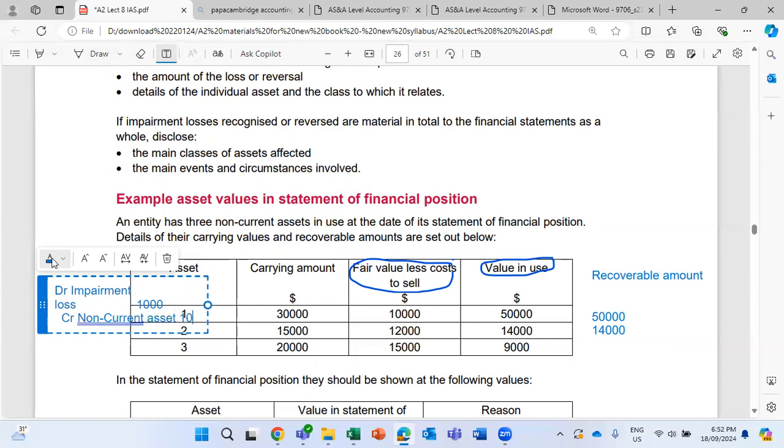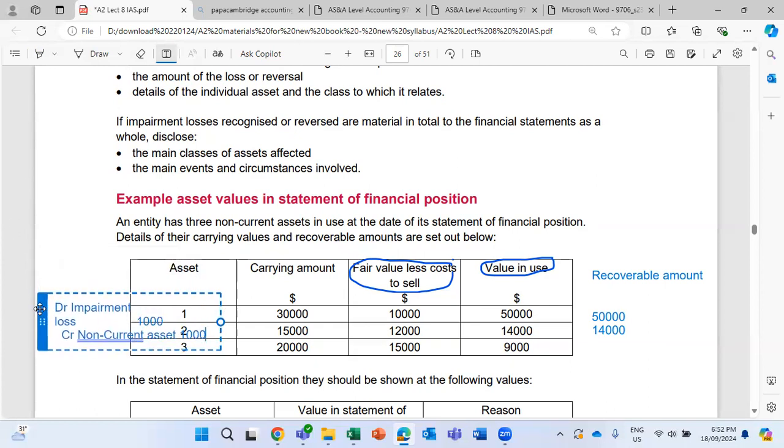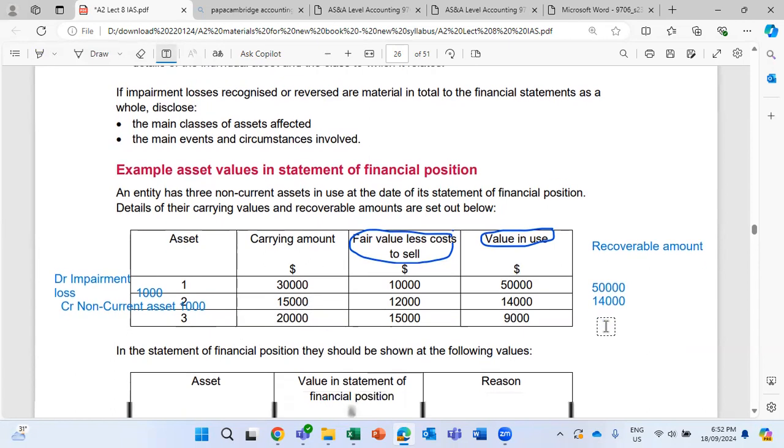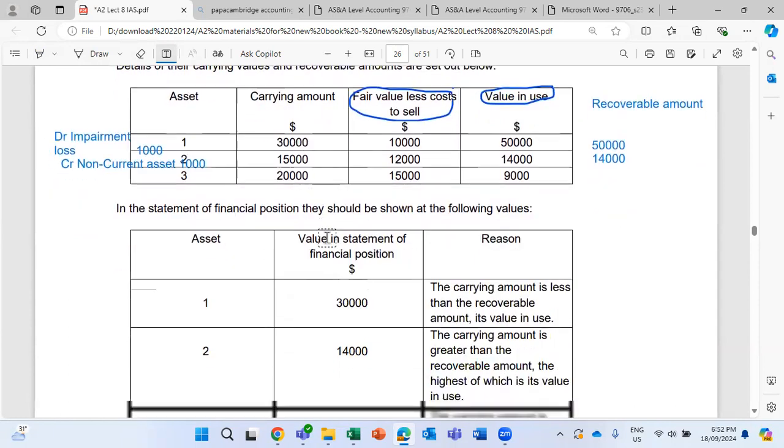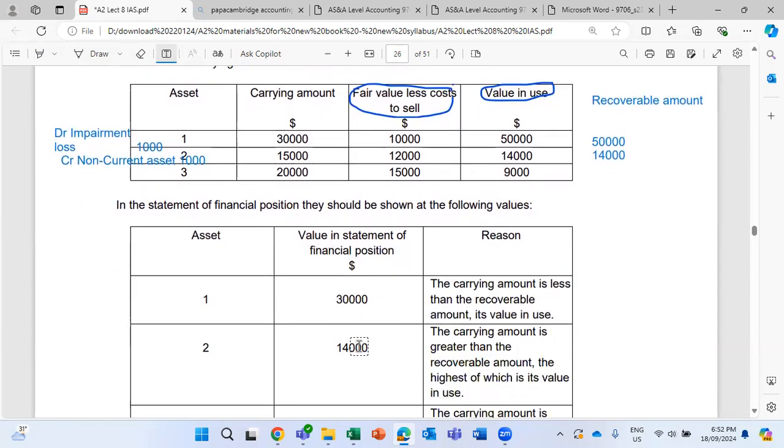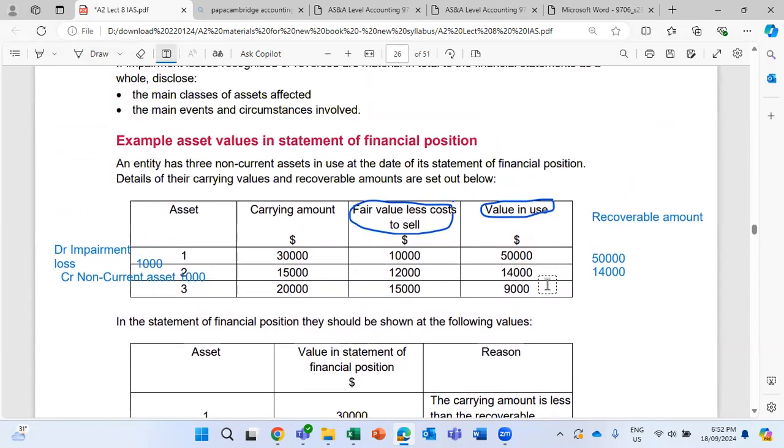For 1,000. Okay, so this is for asset number 2. All right. So therefore, asset number 2 will be shown in the SOFP as 14,000 after taking off the 1,000. So there you go. Okay. As for asset number 3, the